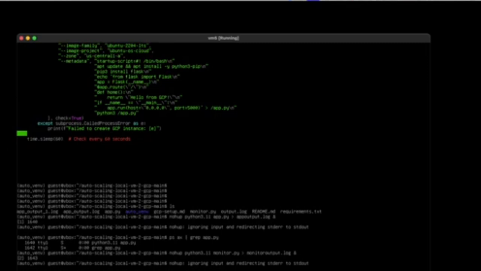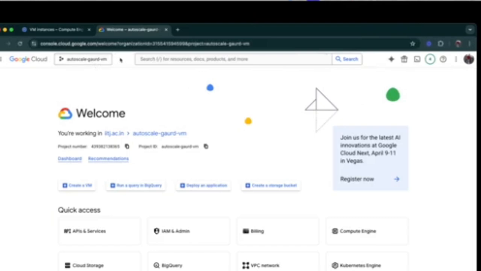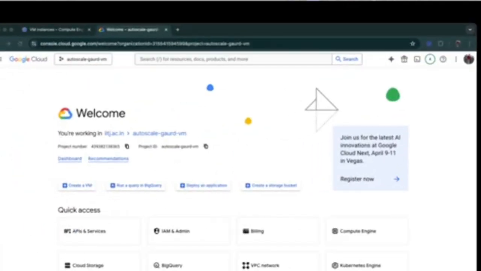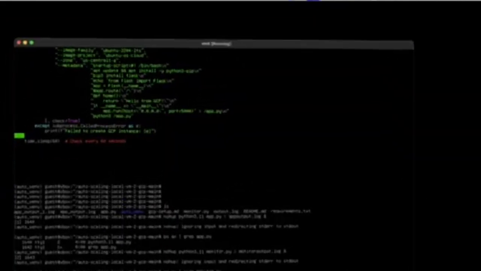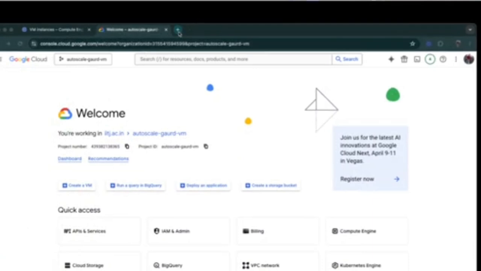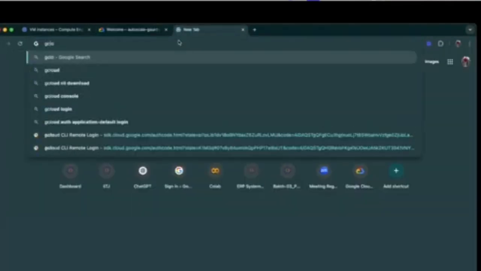Now after our application is running, if I want to show you the GCP, this is my GCP. The same project I'm using, autoscale guard VM. In this, first we have to see how my VM and this GCP are going to link. Basically, my application should know which particular GCP cloud it has to point to. So in the GCP I have to set up, if you go to Google Cloud CLI,